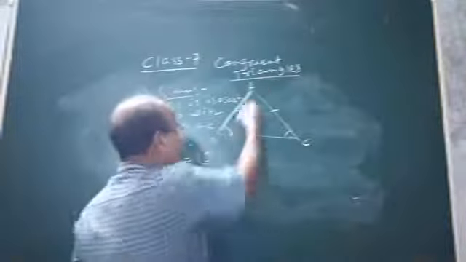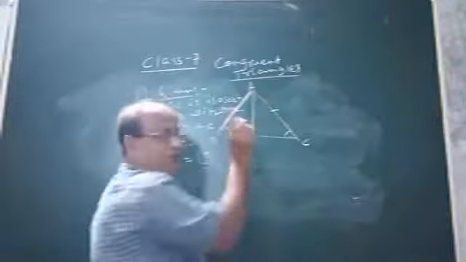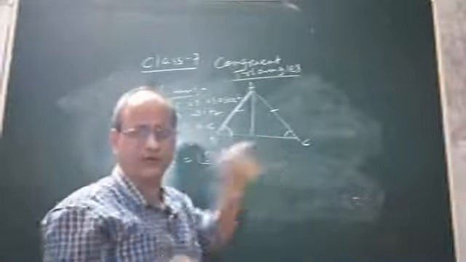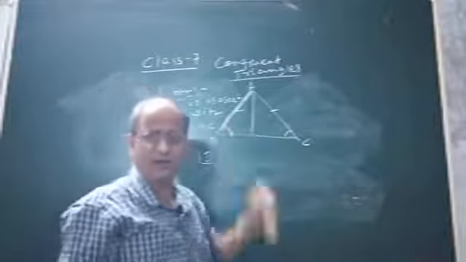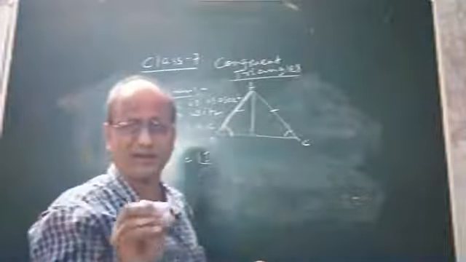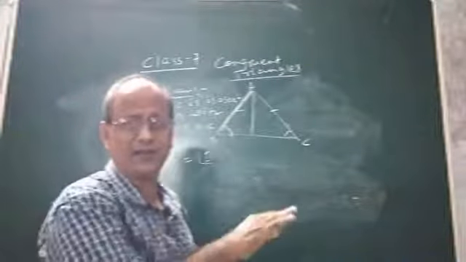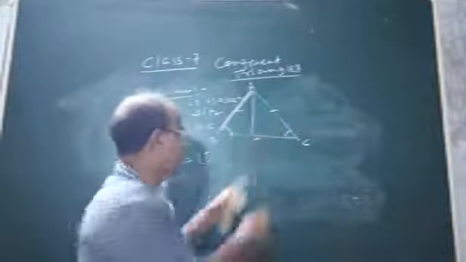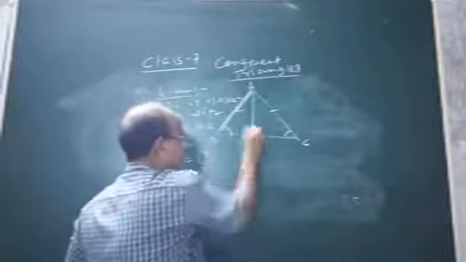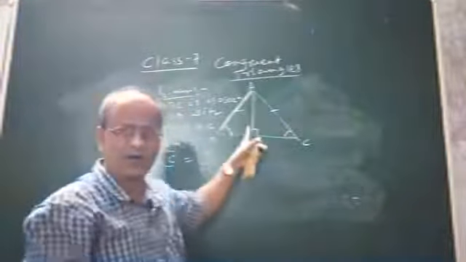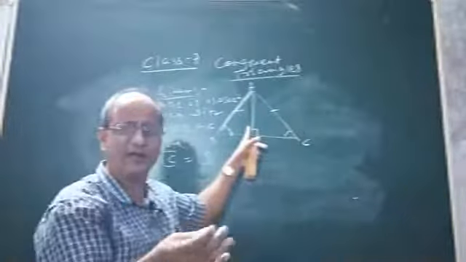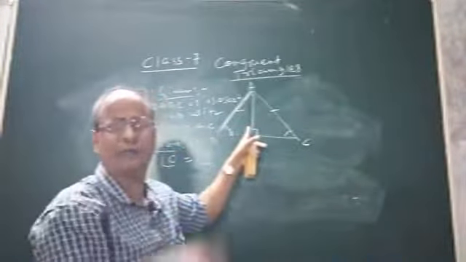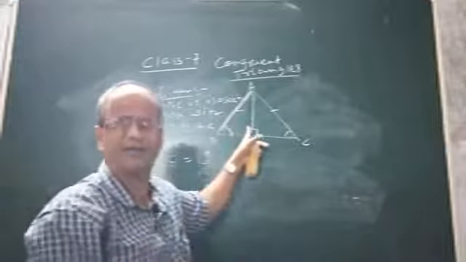Okay, suppose you draw a perpendicular. We have to do some construction without which we cannot prove this. This particular truth, that in an isosceles triangle angles opposite to equal sides are equal, cannot be proved without doing some construction. So suppose you draw, what is the construction? Draw AD. You can draw. See, in order to prove any geometrical truths, sometimes it is necessary to take the help of construction. Without construction we may not be able to prove.